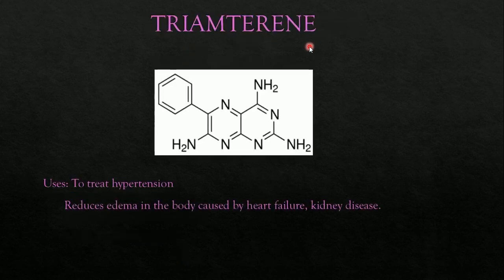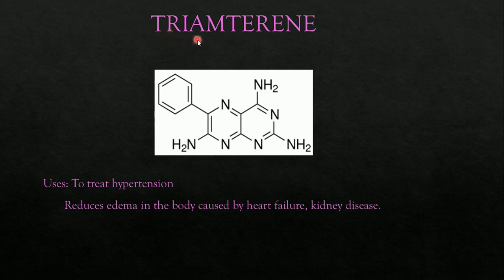Triamterene is another interesting structure and interesting drug which is used in the treatment of diuretic, comes under potassium sparing diuretic. Here two heterocyclic compounds we have to remember. The two heterocyclic compounds are, one is 6-membered ring containing 2 nitrogens at first and third position, that is pyrimidine. 6-membered ring containing 2 nitrogens at first and fourth position is called pyrazine. These two are fused together and 3 amino groups are present at second position, fourth position and at seventh position.